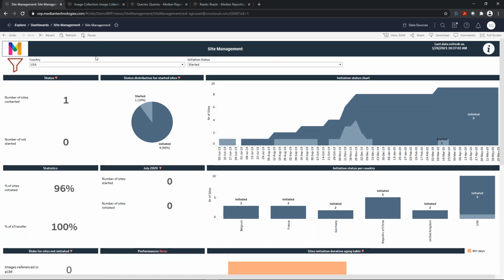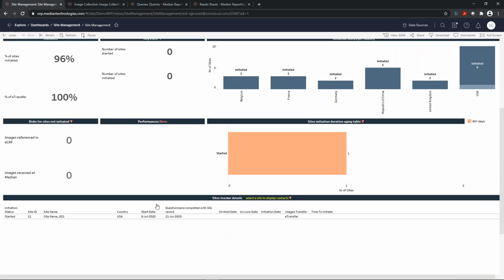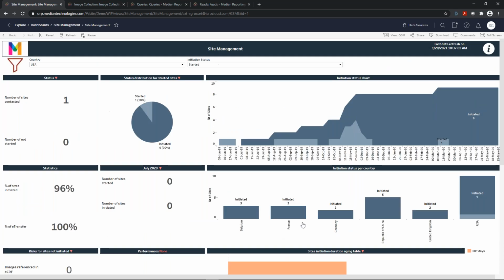So first you can see that we have a complete report that is only focused on the site answering your question. Here we have only one site in the USA, site number 21. And what is very useful in this system is you can record your view to use the next time you enter the system or to share this view with your team.